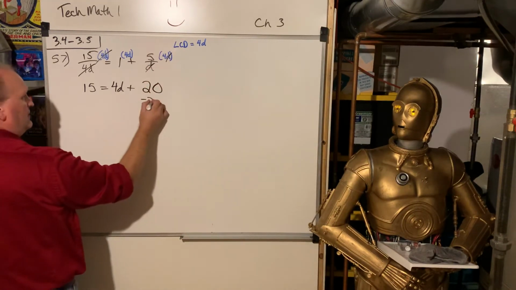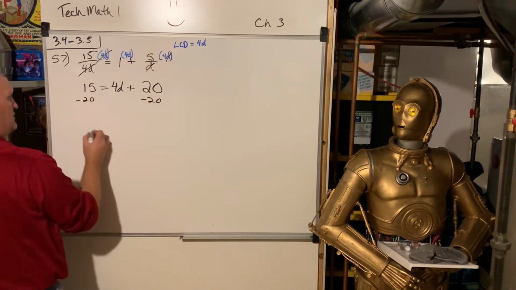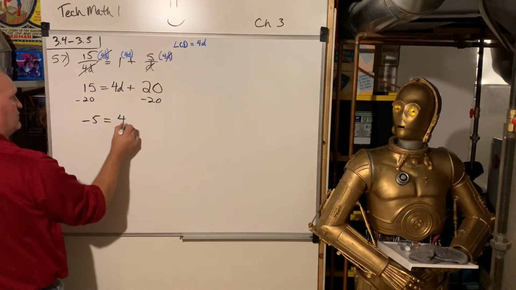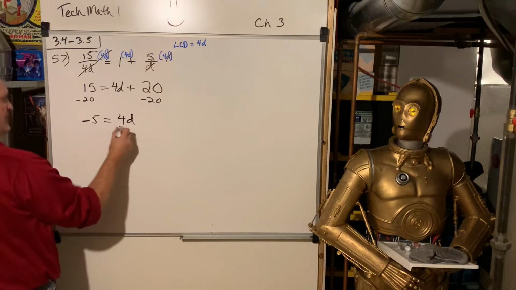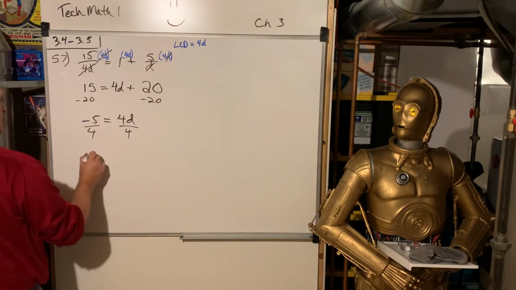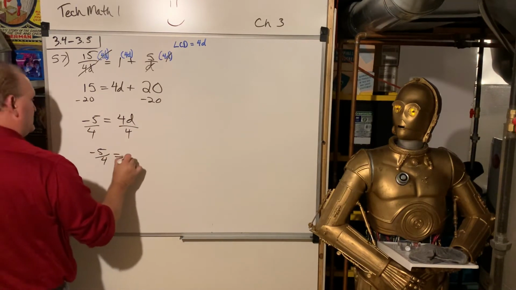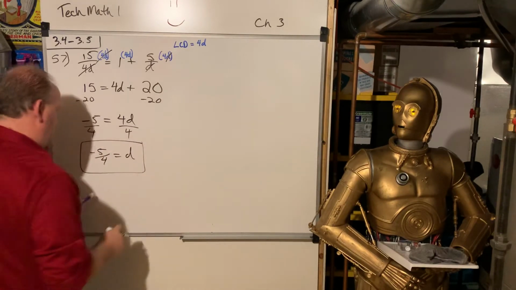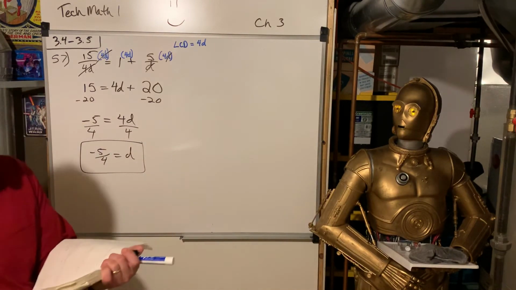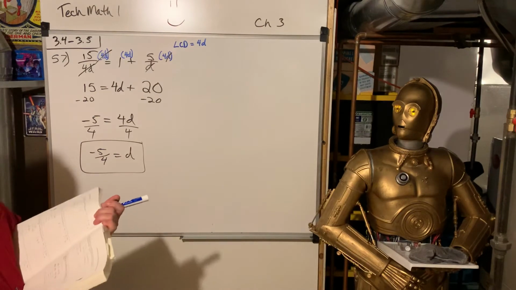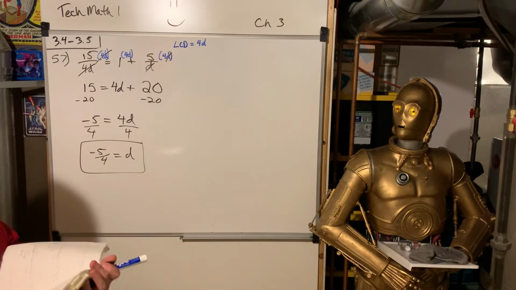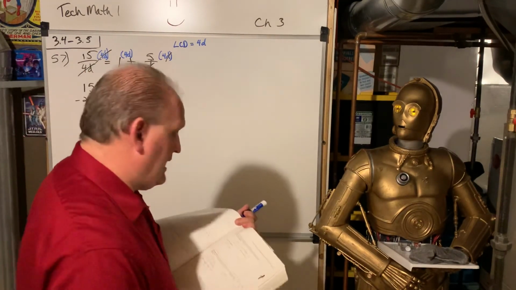All right, now the 20 over to the other side. Negative 5 is equal to 4d. And then divide by what's in front of the variable. Negative 5/4 is equal to d. So that should work, -5/4. It's not 0, so we're good to go. All right, and then the last one,